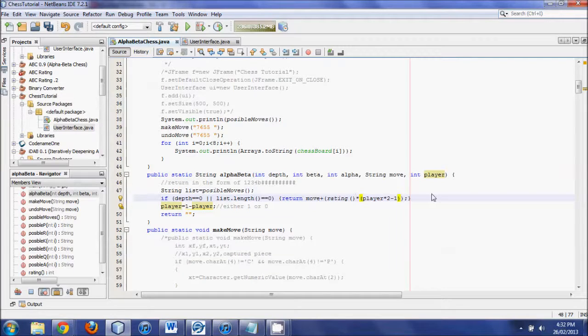Now, if you do the math, I won't bother to do the math here, but you can look at it on your own and see that player, either being a 1 or a 0, will turn into a negative 1 or a positive 1. And it has to do with this ingenious times 2 is the secret to flipping that. All right, so I'm going to leave the rating like that now